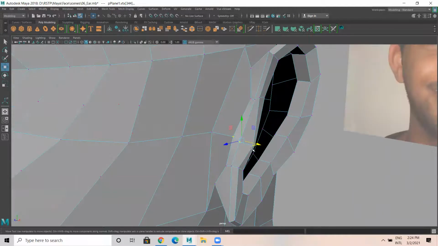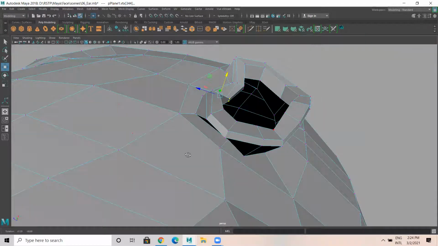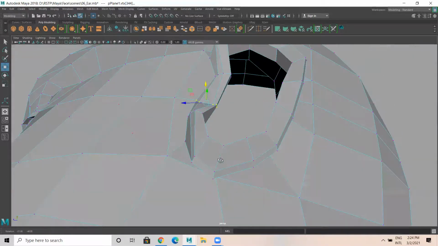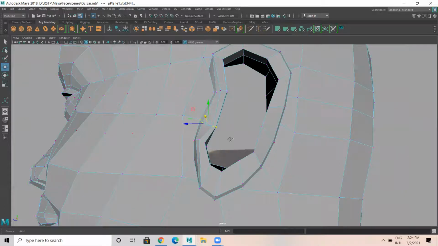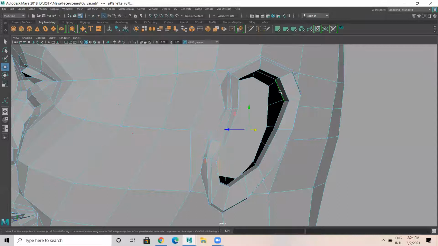So I'm selecting this. This has to be almost here like this. Now double click this.